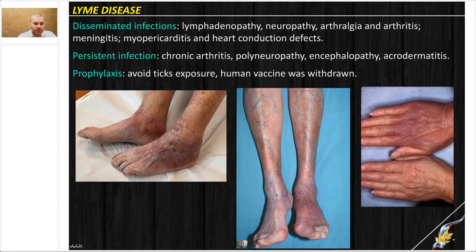So as well, the disease can lead to chronic arthritis, encephalopathy, and can lead to serious consequences during brain injury. We had a vaccine against Lyme borreliosis, a human vaccine. And nowadays, in almost every country, that vaccine is withdrawn for some reasons. And actually, the only measures of prevention of the disease are common measures to avoid tick exposure and any blood-sucking